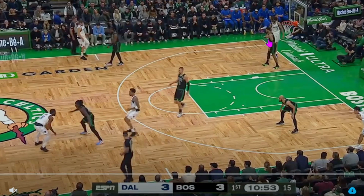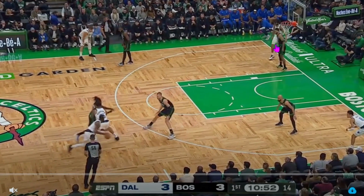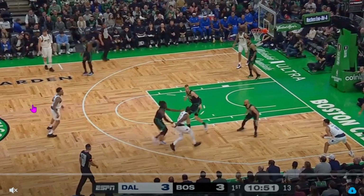I'm assuming the goal is to make sure Jason Tatum doesn't get in foul trouble, doesn't put too much of a load on him, and Porzingis maybe is a little bit longer of a defender. And so Tatum is able to stay home essentially here and be the, I don't know, quote unquote late rim protector. But the idea is they're going to keep Porzingis as the real rim protector because they're essentially going to